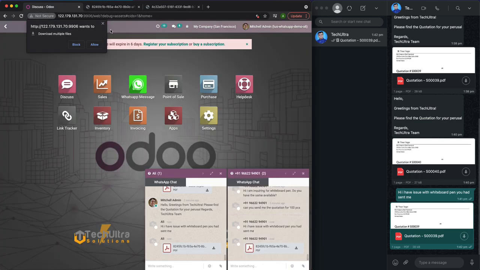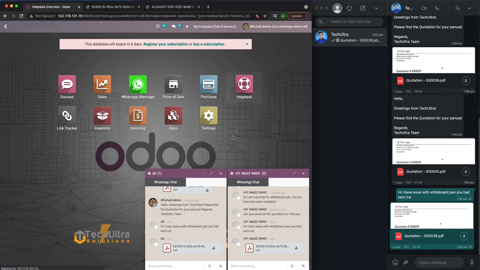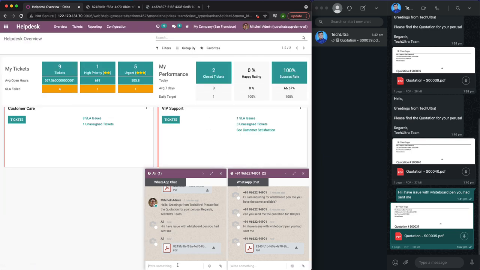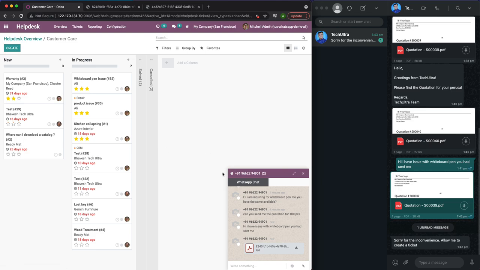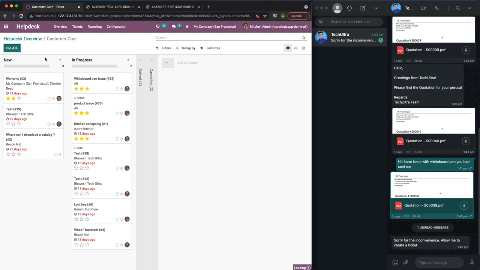So you can go to Help Desk. We can write to the customer from here also. So this is sent to the customer, and then from the Help Desk module, the agent can create a ticket like this.